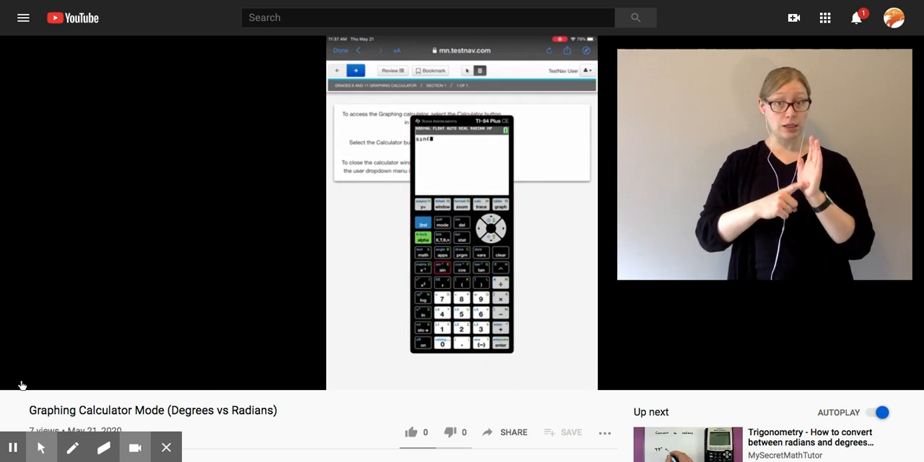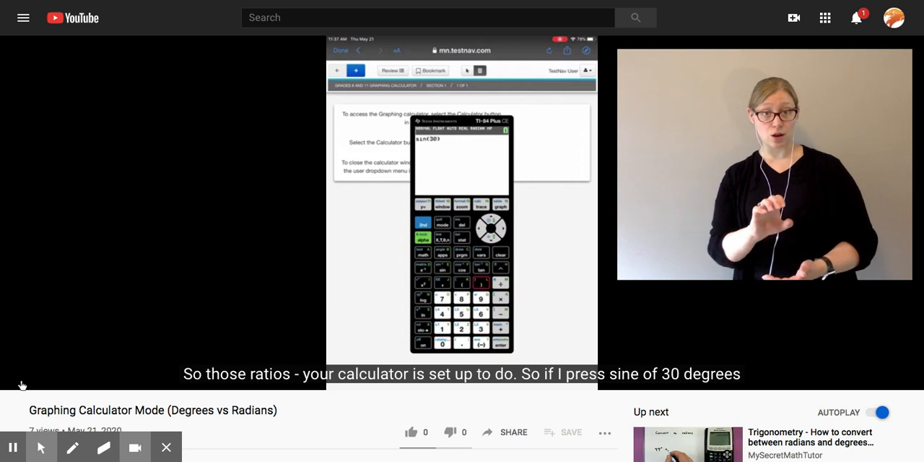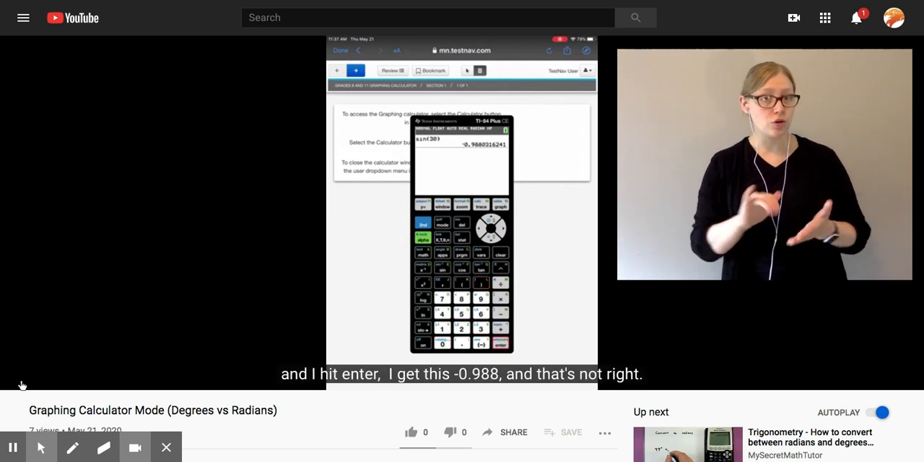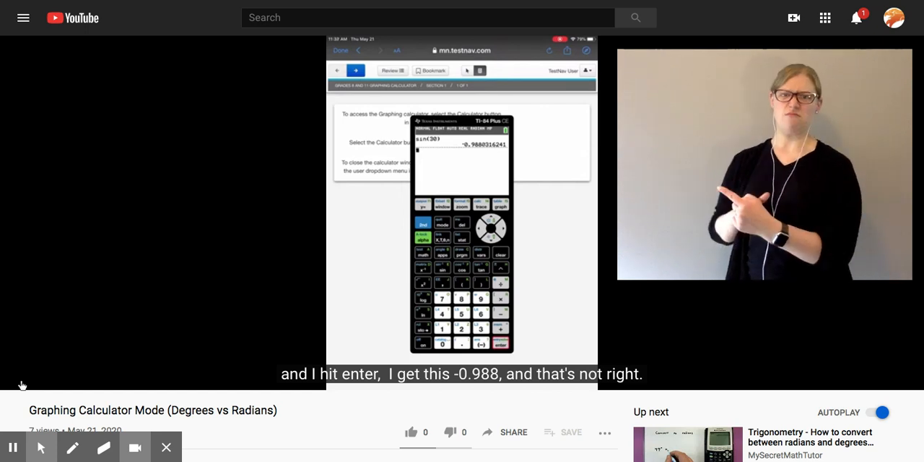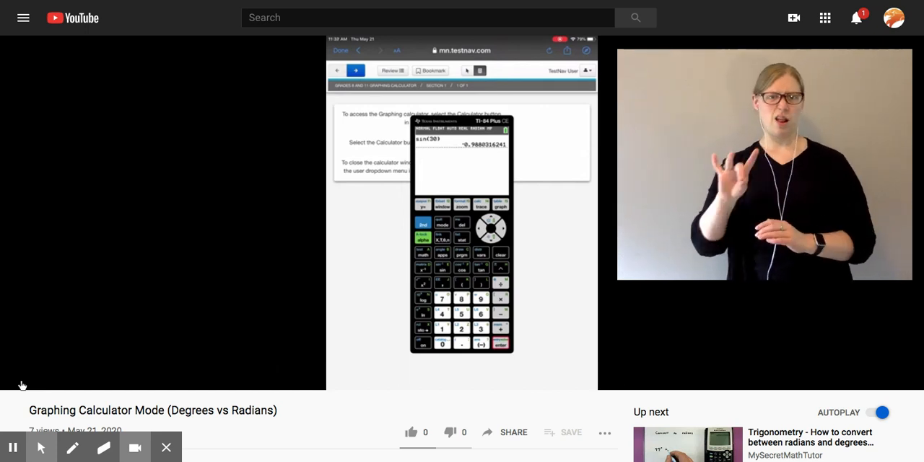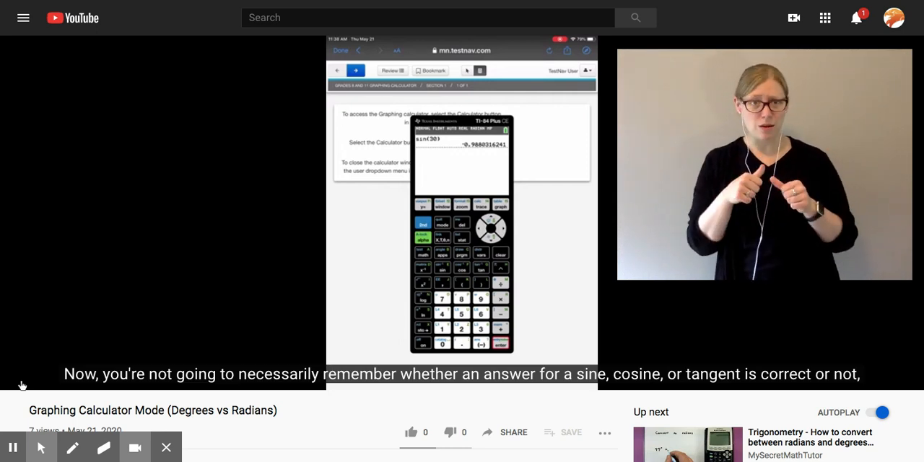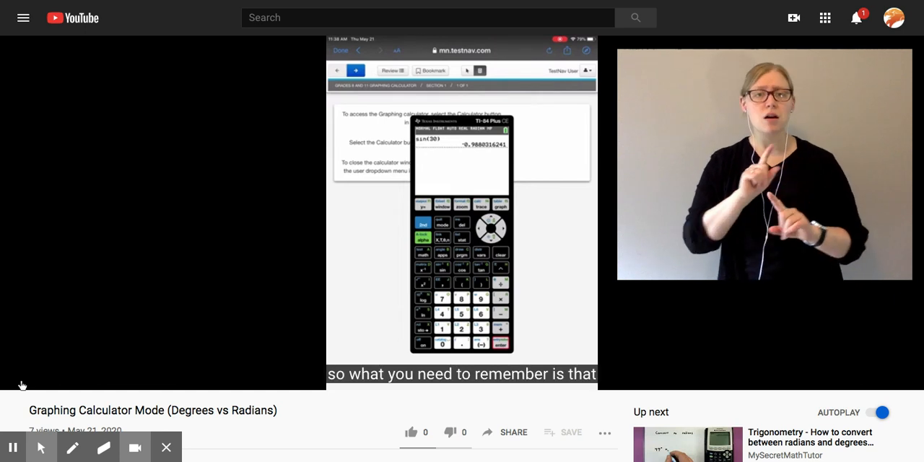So the first thing I want you to notice is that you can put in things like sine. The sine, cosine, tangent are in the middle. So those ratios your calculator is set up to do. So if I press sine of 30 degrees and I hit enter, I get this negative 0.988. And that's not right. Now, you're not going to necessarily remember whether an answer for a sine, cosine, or tangent is correct or not. So what you need to remember is that